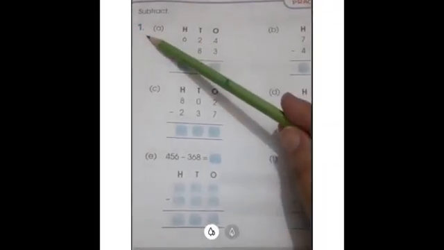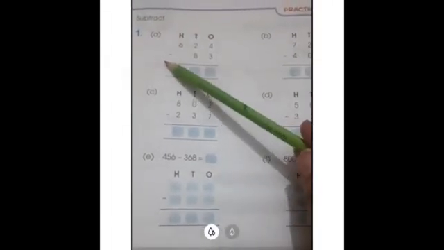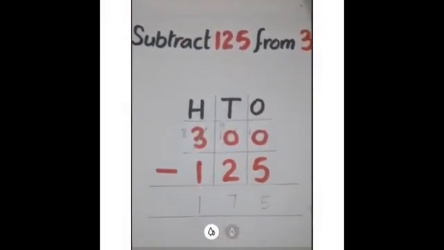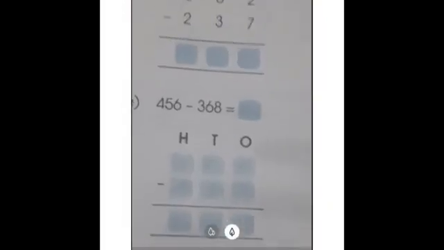On page number 52 of your textbook, subtract question number 1. There are some parts of question number 1. If you have understood all the examples, by the help of the examples you can solve these questions. These are very easy. Part D, you have done this method in this example. You can see you have learned this example. So now I will do part E.